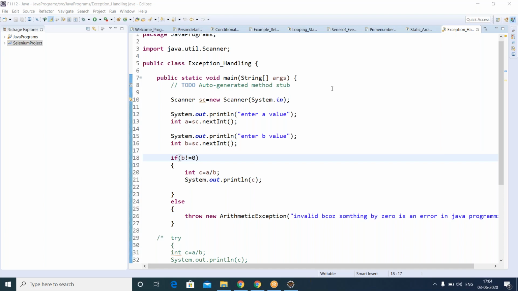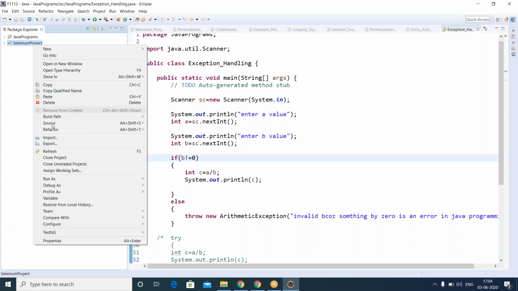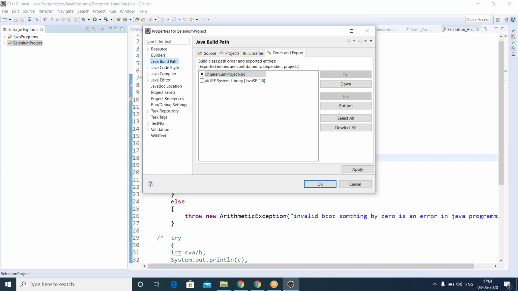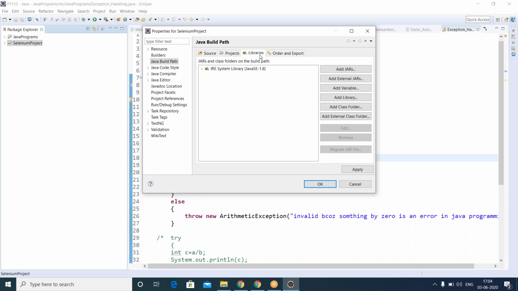Where are we? Yeah, we are talking about this configuration process. So right click, Build Path, Configure Build Path. Whenever you are going to add any external jar files, you're supposed to do this. Now go to Libraries. Select Libraries and click on Add External JARs, because these are external jar files. Guys, am I audible to you?